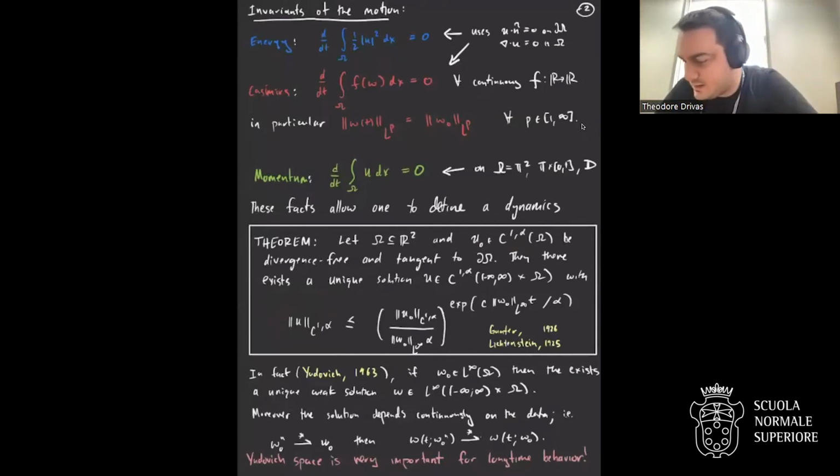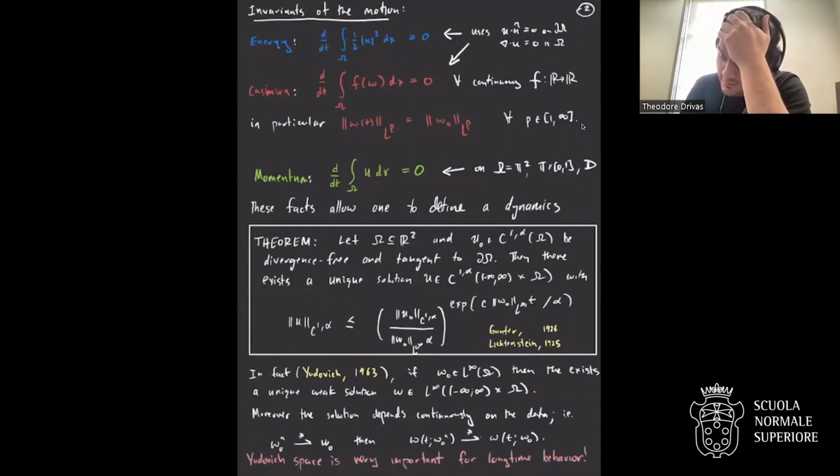Actually, Yudovich in the 60s proved that if you start with bounded initial vorticity, then this propagates for all time. You have a unique weak solution with bounded initial vorticity. And this phase space for the fluid is a reasonable one to study long-time behavior because it's compact. So a unit ball in L infinity is preserved by the Euler equation for all time, and weak limits live inside the unit ball. So this is sort of the point of view that we'll take when we discuss aspects of infinite time behavior.